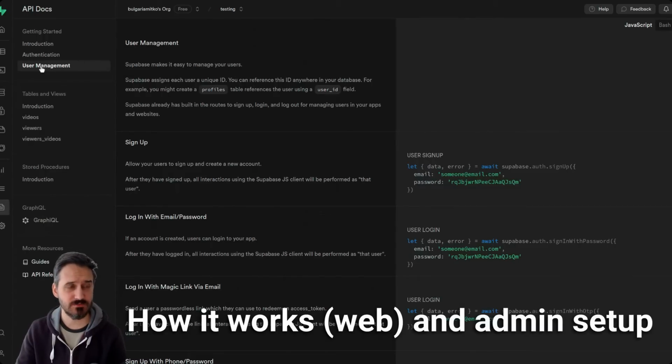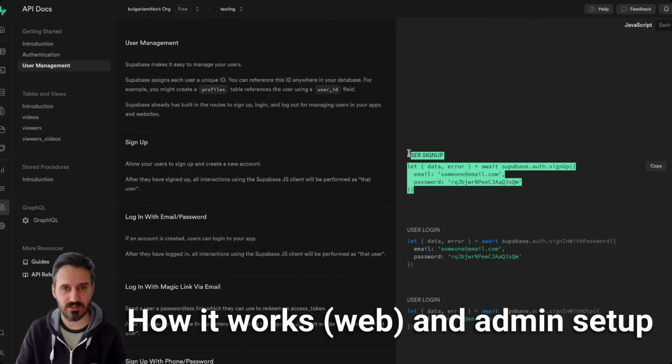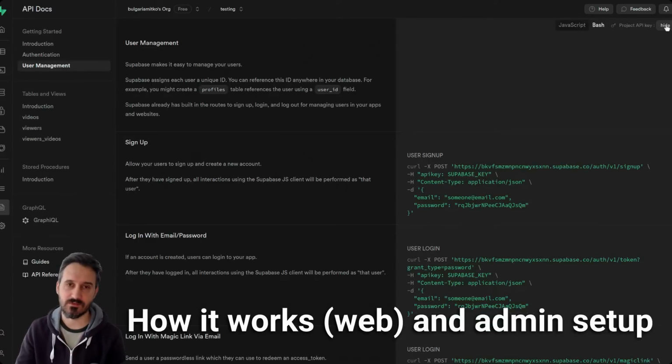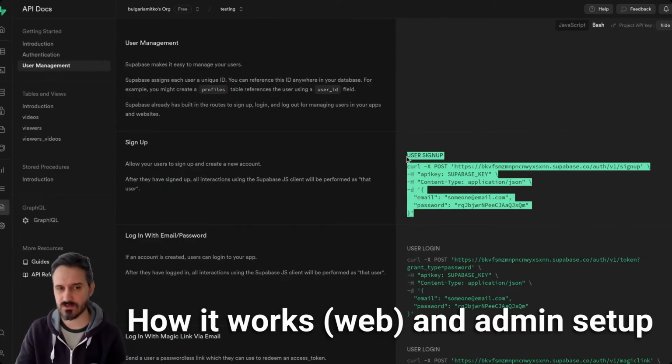Then click on User Management. The code that you will see over here is JavaScript, but you don't need JavaScript in FlutterFlow because you're using Flutter. So on the top right, you click on Bash. Sorry. When you click on Bash, Bash means that this can be executed in the terminal if you're using Linux